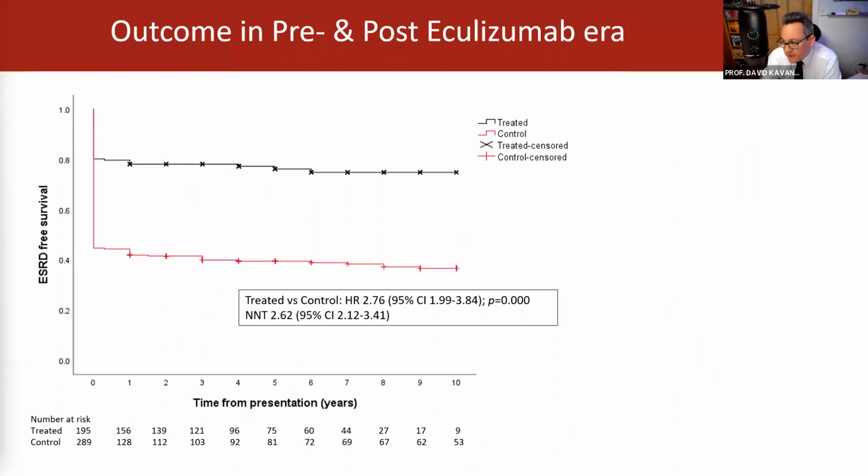However, it was very effective, and when you look at the outcomes in the pre and post eculizumab era, you can see that the number needed to treat is very low. You only need to treat about 2.5 patients to stop patients going to end-stage renal failure. This is all caused, not necessarily by genotype. So eculizumab was transformational for aHUS, although even now, if you have a mutation in factor H, say 20% of